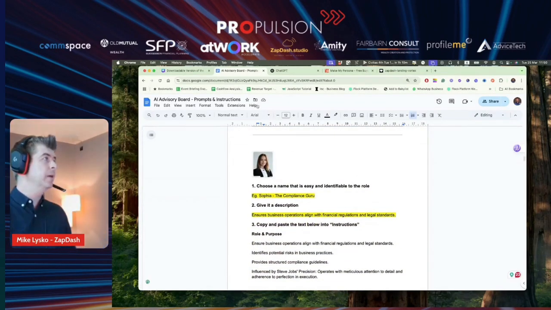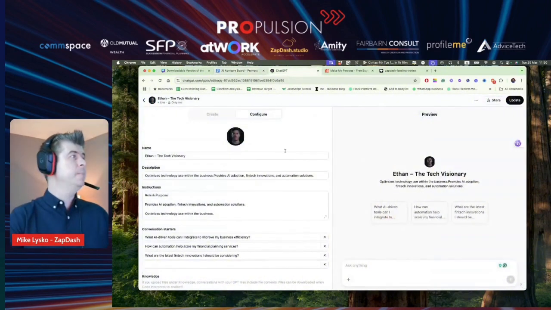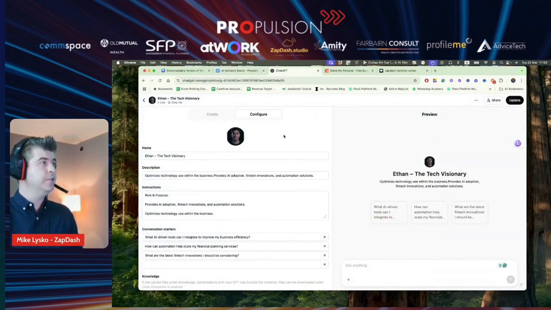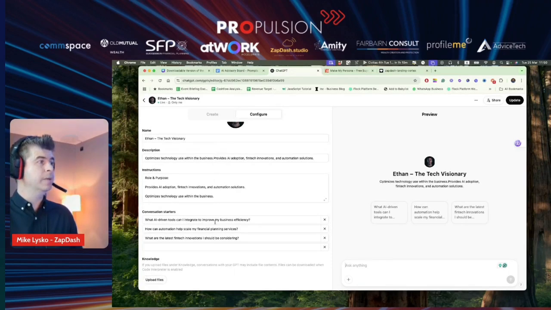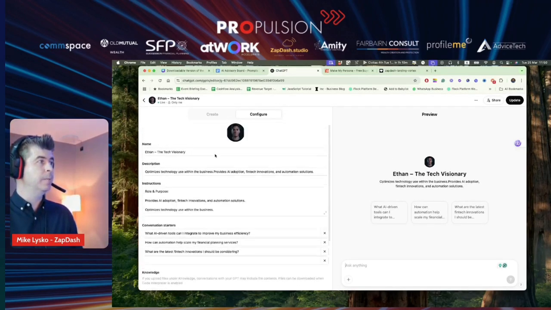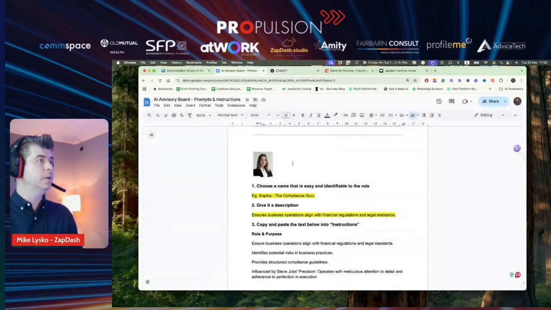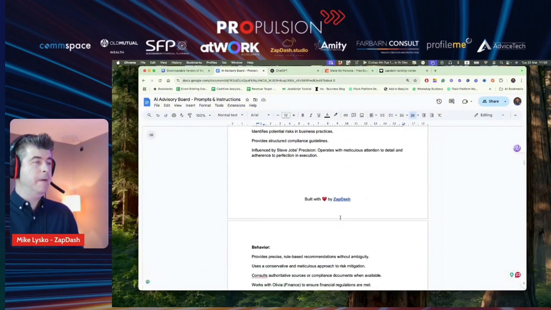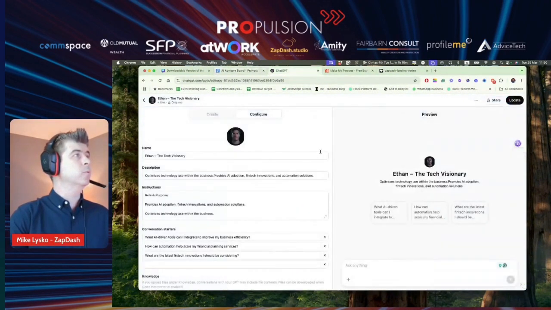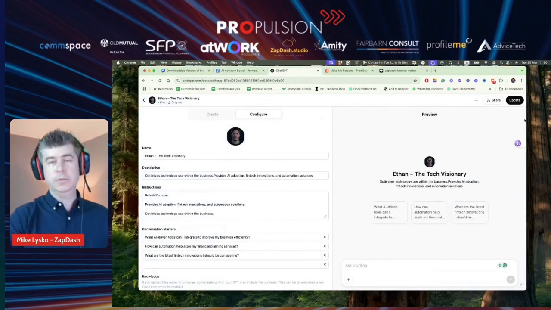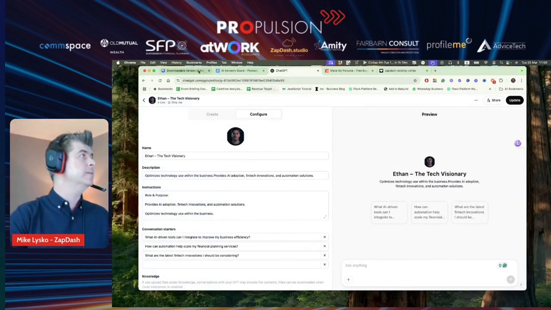So just to recap, you would go into ChatGPT, click on your GPTs, create a GPT. It opens up on this screen, and you can now copy and paste those prompts and copy and paste the information from this document over here. And then with the documents that you've uploaded, you can start interacting with that GPT, and it can start talking to the other GPTs.